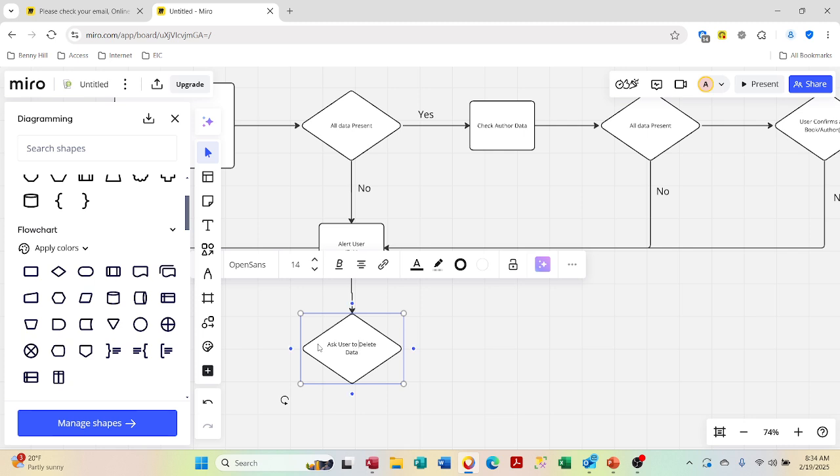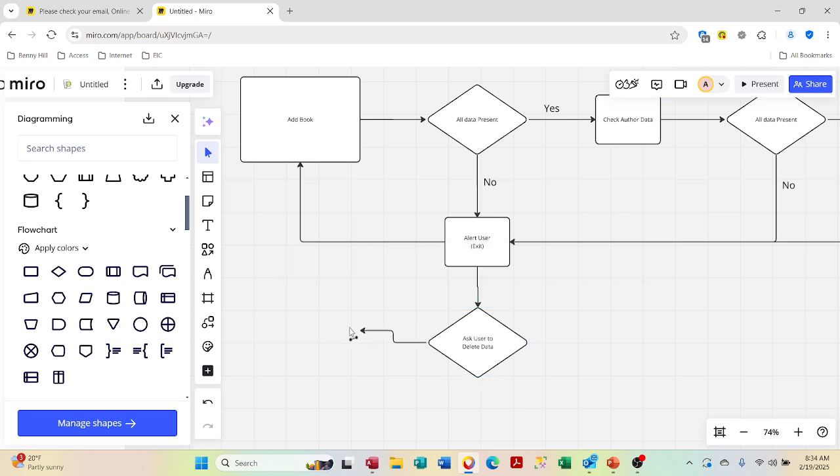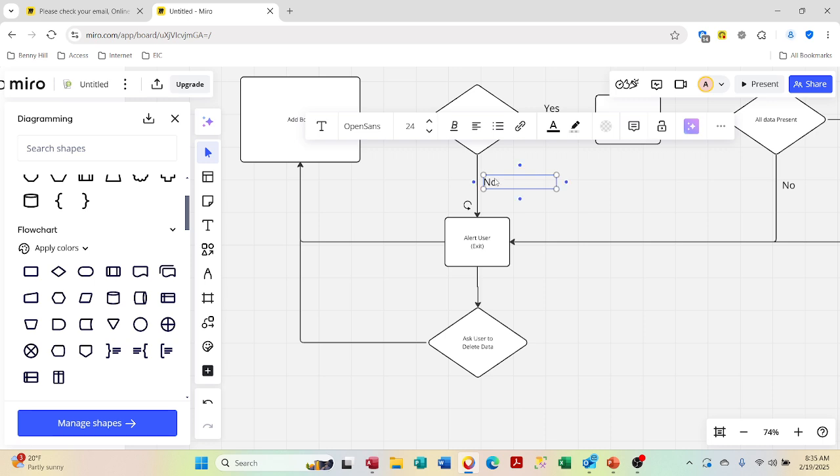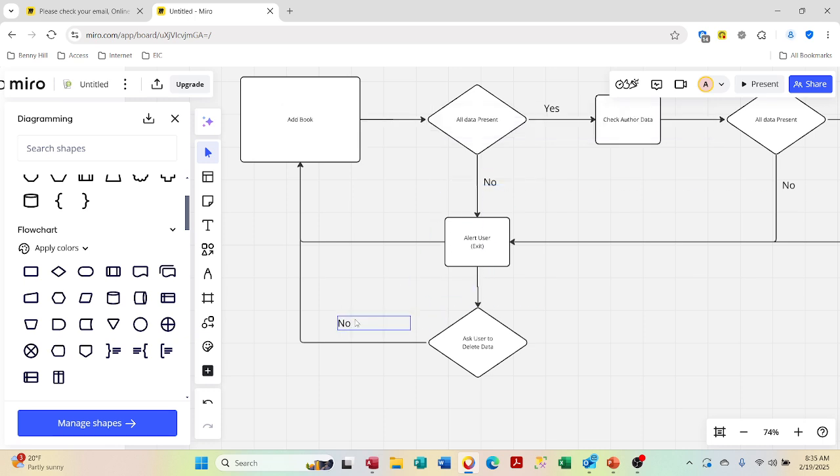Let's do it that way. And we'll come over here. And if the user says something like no, we'll be back at this whole add book process. If the user says yes,